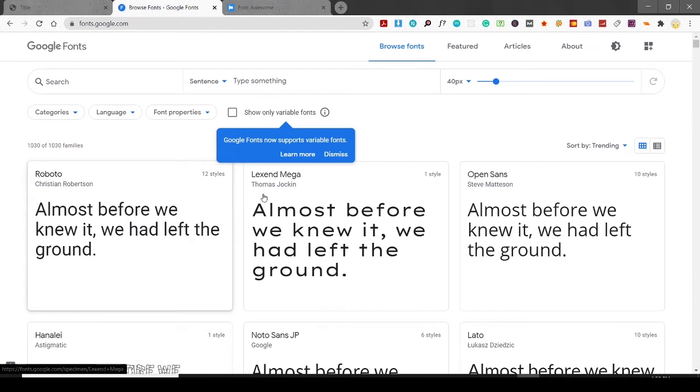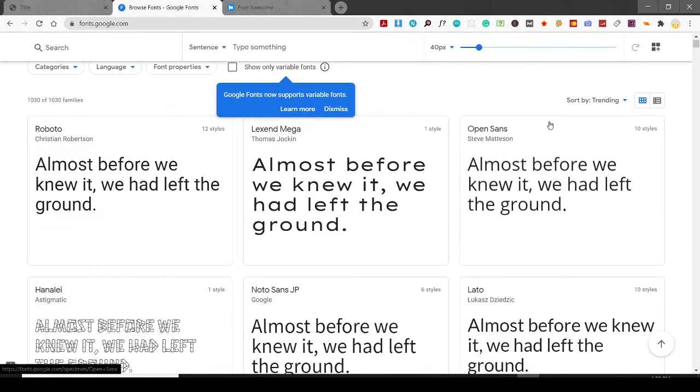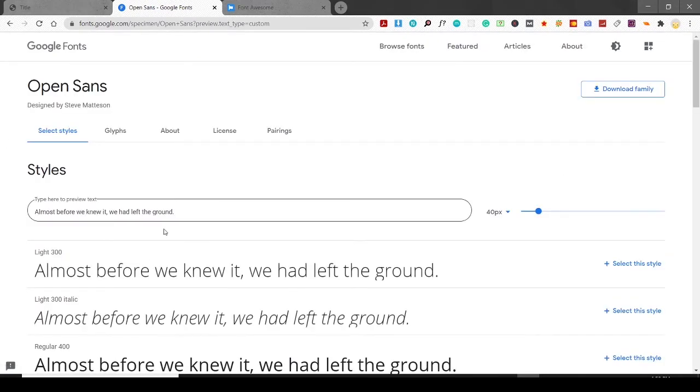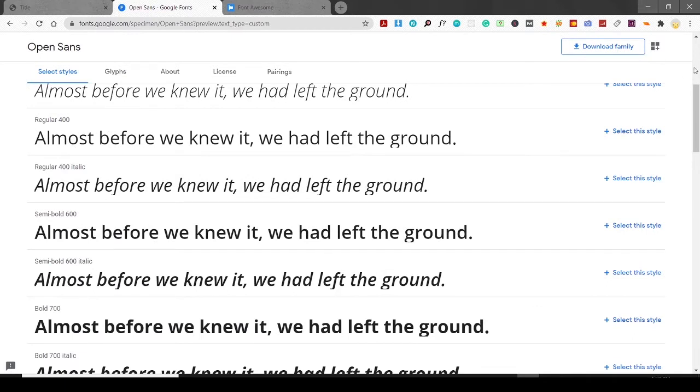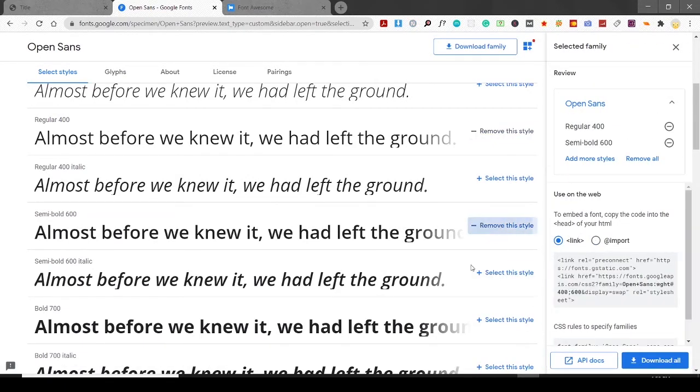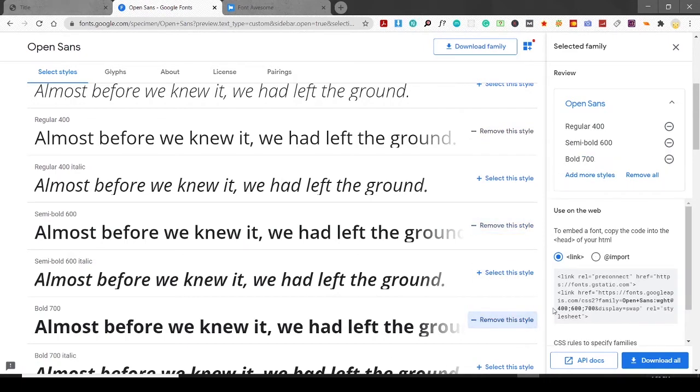So here I want to use the Open Sans. Click on Open Sans, and here I would like to go with 400, then 600 bold, and then 700. And I want to use this link,